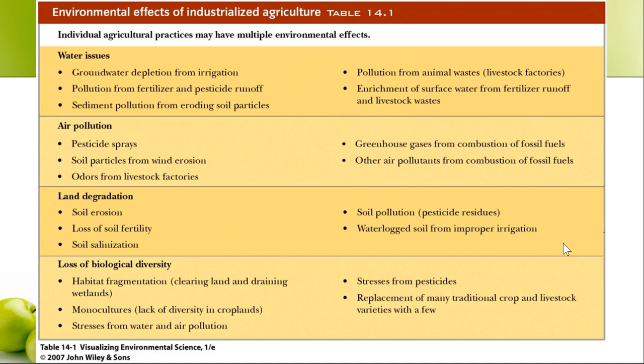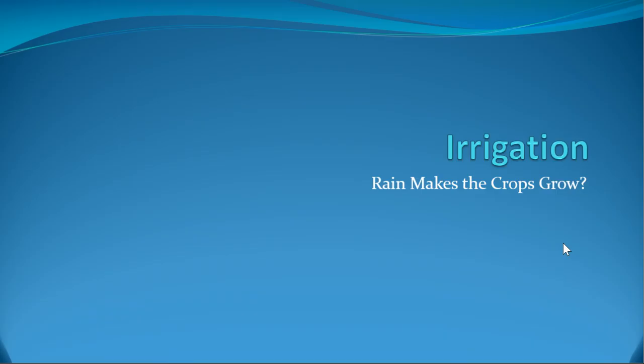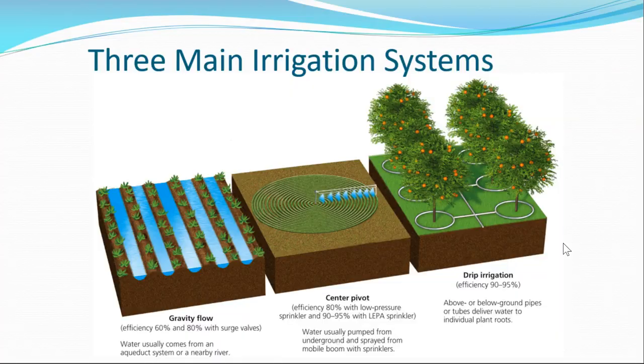And again, some of these we've talked about, some of them we will talk about in the future. But really quickly, let's address 2 things, irrigation and fertilizer, because remember, industrial agriculture, modern agriculture, is high water and high chemical input, and I told you we talk about pesticides separately. But irrigation, we need rain to make crops grow. We don't always get the rain, so we're going to pull water out.